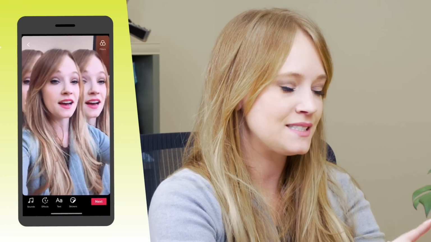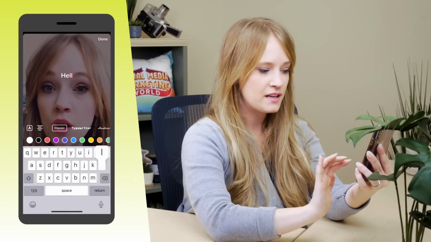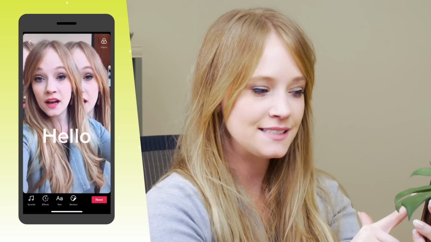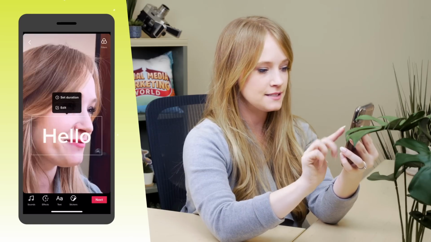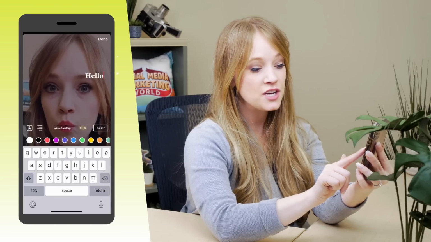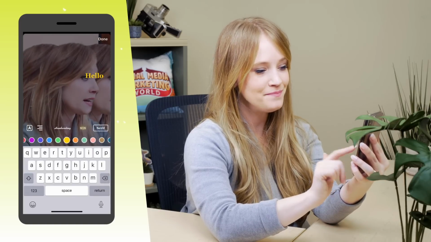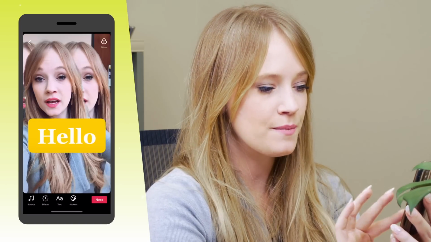You can add some text by selecting that little button at the very bottom that says text. Now by clicking off of the text, I can resize it. By selecting the text and hitting edit, I can change the typeface. We've got several different options here, as you can see. You can also change the color of the text with these little bubbles at the bottom, and you can make it bolded, especially if you want to make sure that it shows up well across maybe a lesser desirable background.